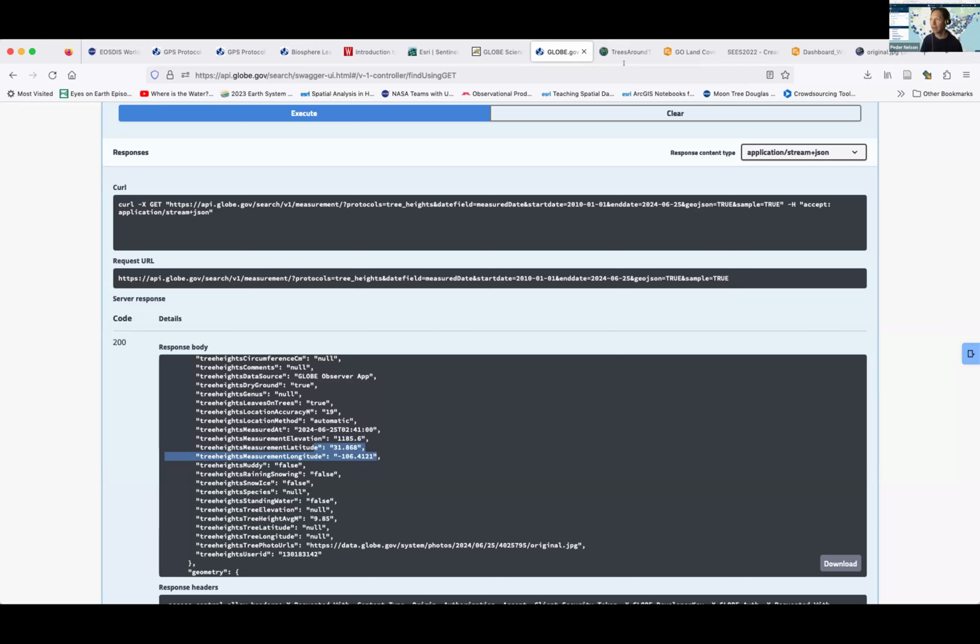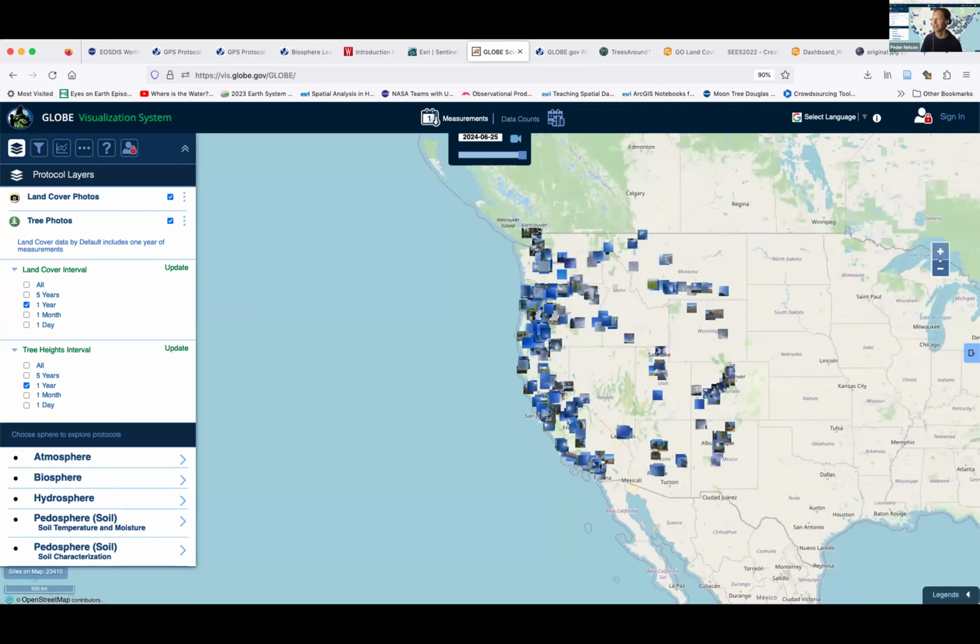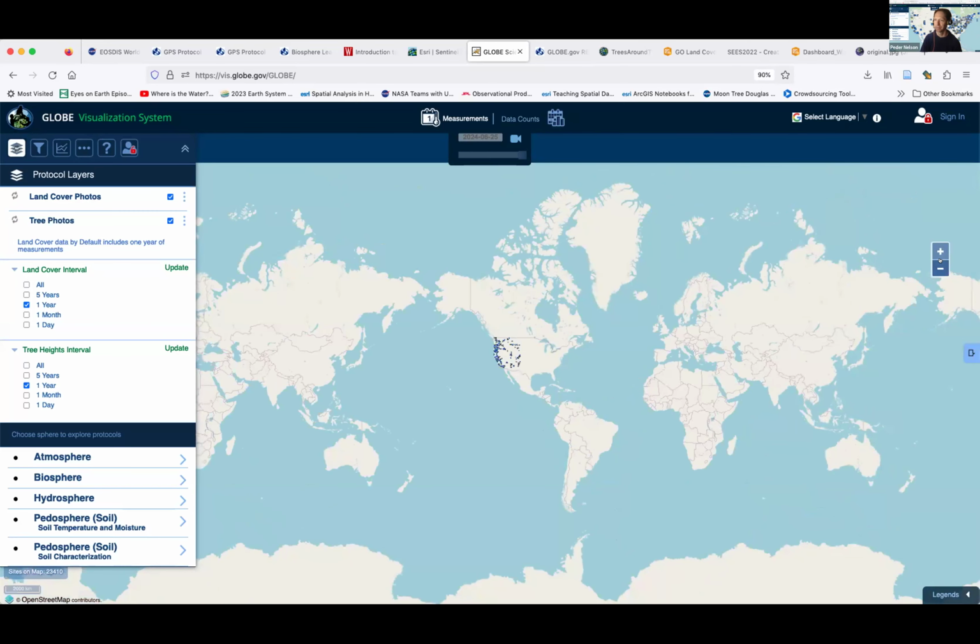And part of the reason why I say that is because, again, we'll kind of go back to our globe viz system here. I want to zoom out to the whole world here. And I'm going to turn off the tree heights because we just got too many of those. There it is. And one of the things that I want to stress is I love that there's a potential for 200,000 observations to be used.